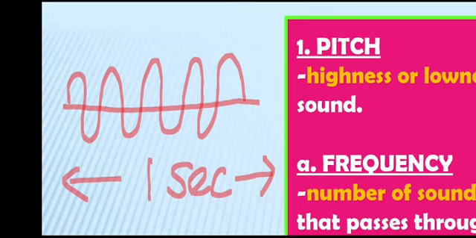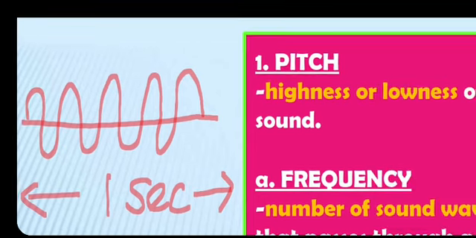So, in this diagram which I have drawn, count and tell me how many waves are like that. How many oscillations have I drawn here? I have already told you one wave means one up and one down completes a wave. So like that I have drawn here